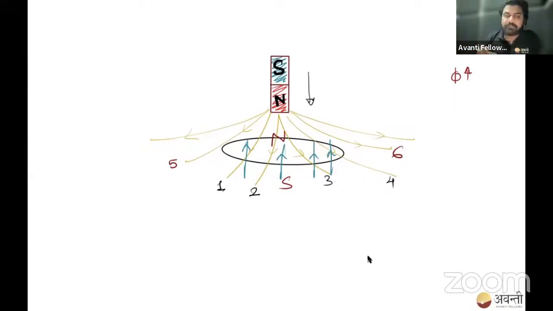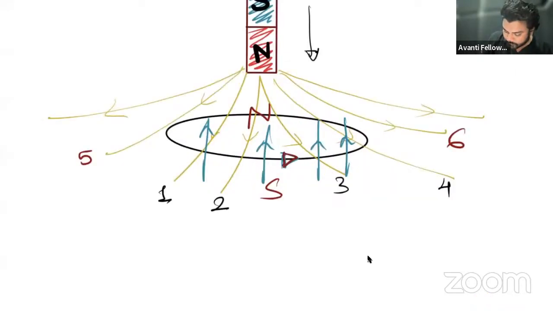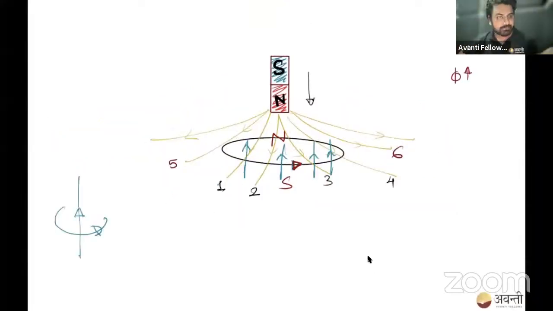And for these type of magnetic field lines, do you remember the right hand thumb rule? In a wire, if current is flowing like this, the magnetic field lines will be like this, holding the wire, right? Like this. So in the same case, if magnetic field lines are upwards, it means the current will be in this direction. In this direction. Okay. If you see from upside.